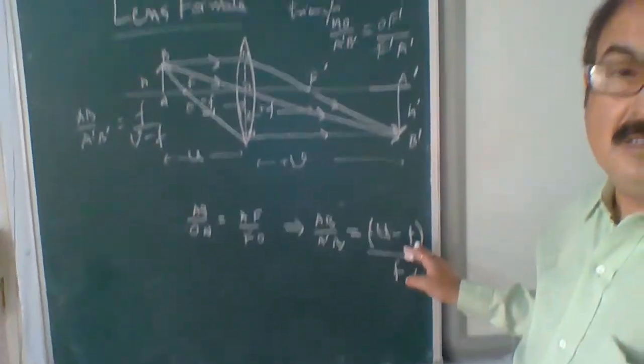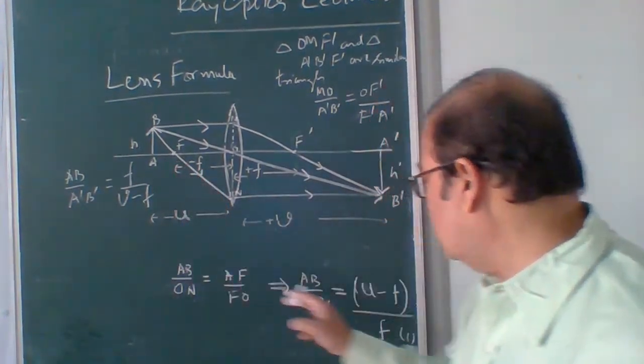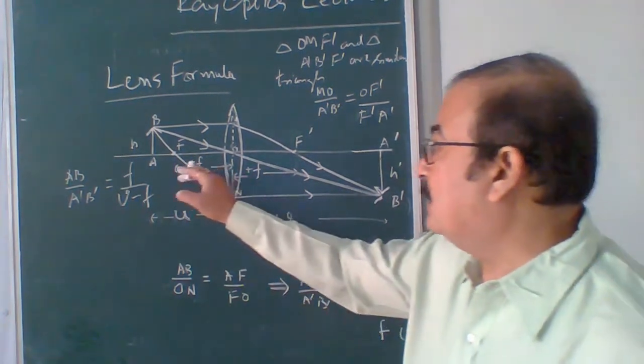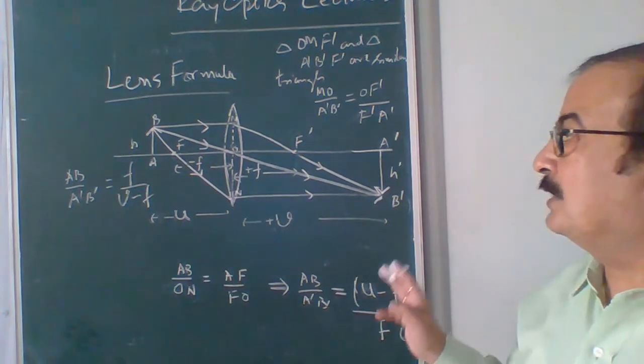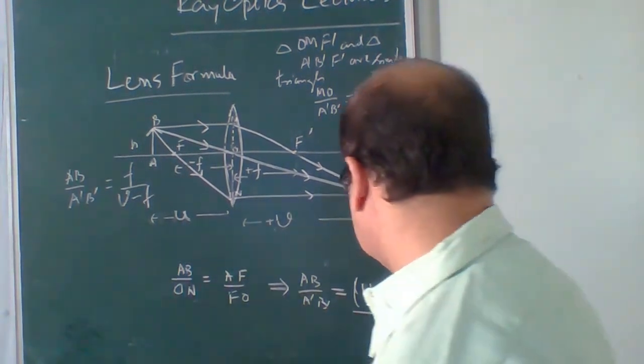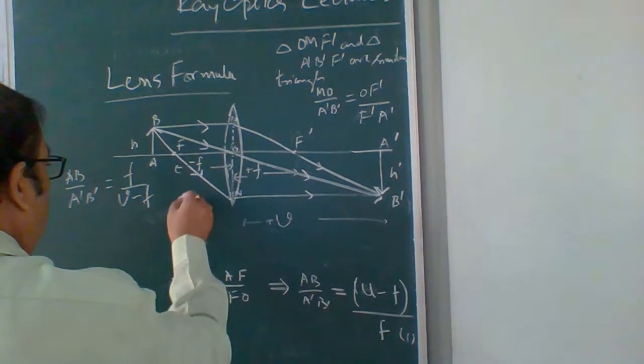Remember, तो U भी माइनस में होता है. This is minus, this is also minus. तो माइनस माइनस बाहर निकल आएगा. And this F is also taken in minus negative. तो वो भी बाहर निकल आएगा. तो माइनस माइनस ऊपर नीचे कैंसिल हो गया. Now this is your equation number 2.